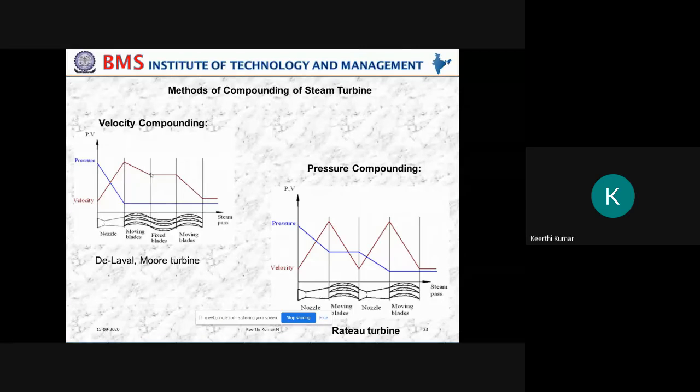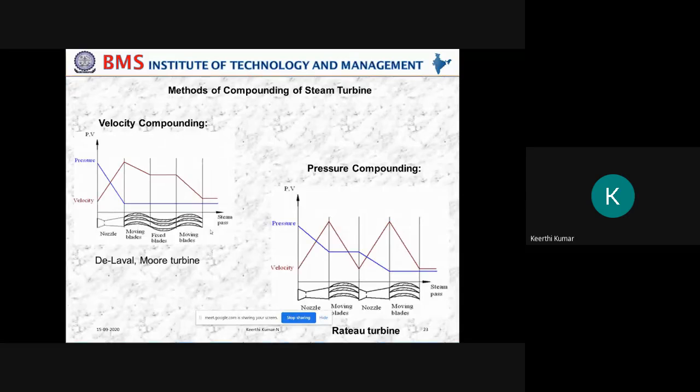If I restrict to one stage, check out the difference here. If I draw a horizontal line here and a horizontal line here, and measure, the difference is less. So the energy is not extracted properly. But here, if I draw a horizontal line here and a horizontal line there and measure the distance, the gap between these two, inlet velocity and exit velocity, is very, very high. So that means the energy is extracted properly. If I use one more stage, it will still reduce.